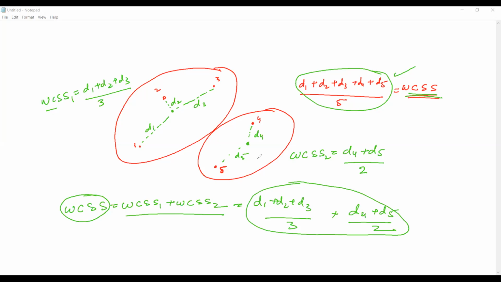See, for these 5 points, if there is no criteria, someone can say 1 cluster is enough, someone else can say 2 clusters is optimum, another person will say no, for these 5 points I want 5 clusters. So there should be some criteria based on which you can say the optimum number of clusters. So to understand that, first we need to understand the concept of WCSS. Is everyone totally clear with the WCSS term?